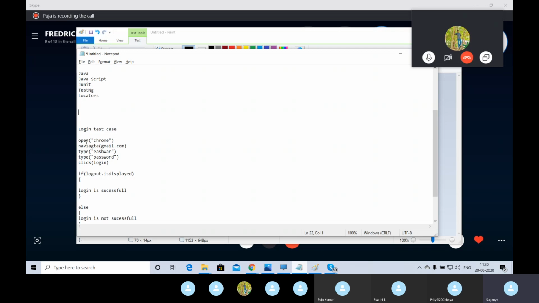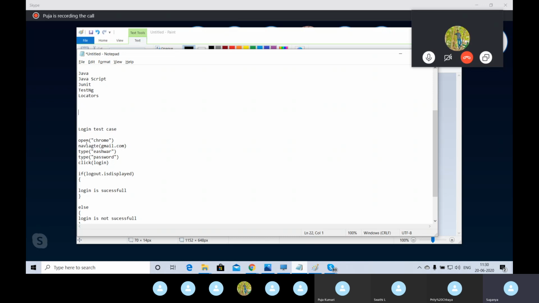But on coming to the type command, whatever automation tool you are using, not only Selenium, it will ask: I am giving the type command and providing the data, but where do I need to perform this activity?